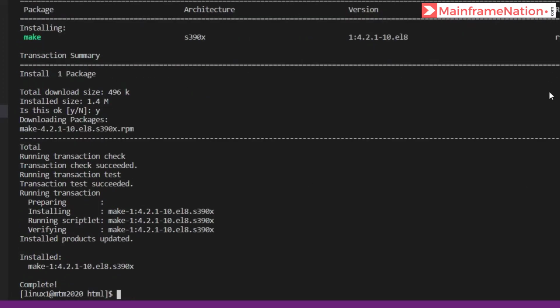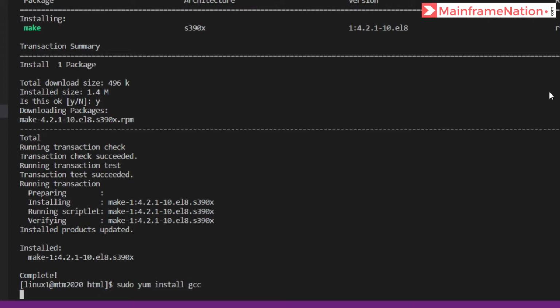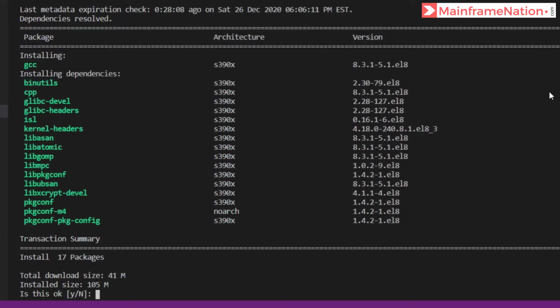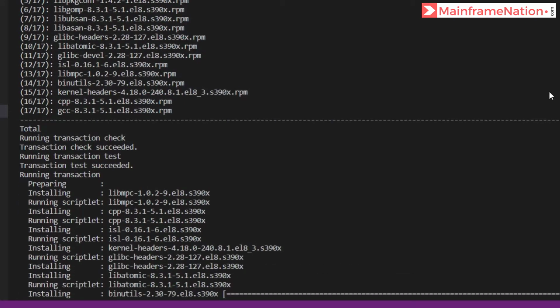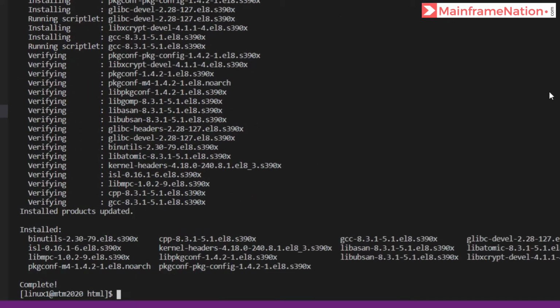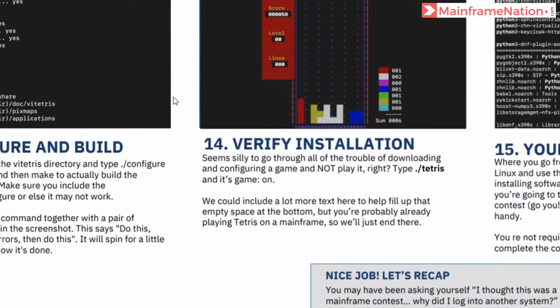It completed successfully. Same way, sudo yum install gcc. So it is installing GCC now. GCC is a C compiler. This also completed successfully. Step 12 is complete.